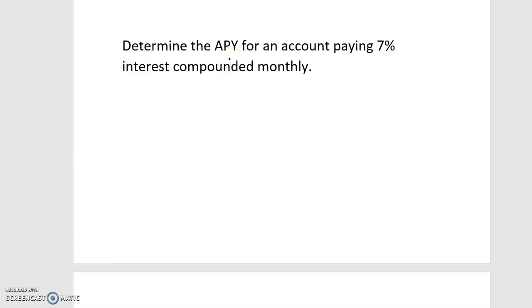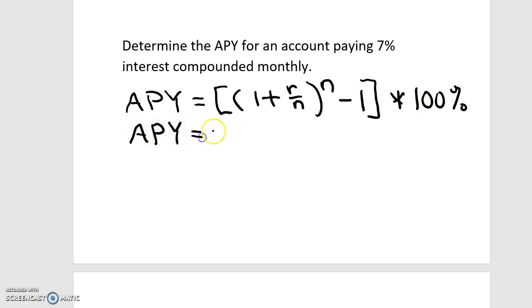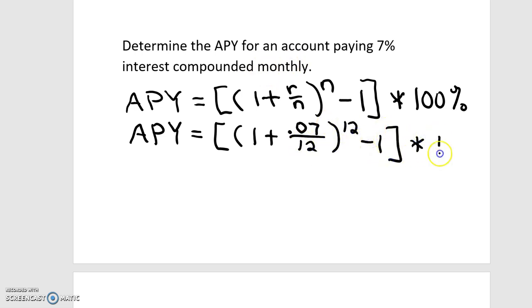In this case, we want to determine the APY for an account paying 7% interest compounded monthly. So we have an APY equal to 1 plus R over N to the N power minus 1 times 100%. So our APY in this case is going to be 1 plus 0.07 divided by, in this case, we are compounding monthly, so our N value would be 12. So to the nearest hundredth of a percent, or to the nearest 2 decimal places, we have an APY of